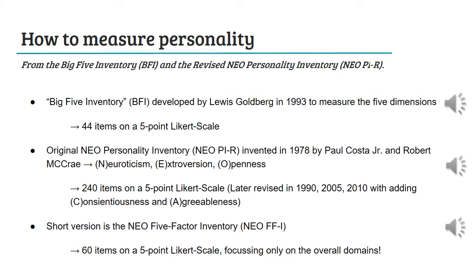How to measure personality: the Big Five Inventory, BFI, and the revised NEO Personality Inventory, short NEO-PI-R. After explaining the theory about the five-factor model, short FFM, the question appears how to make use of this theoretical framework. Therefore, it was Lewis Goldberg in 1993 who developed one of the still most used inventories to measure the five factors of an individual by using a self-evaluation test. The test is known as the Big Five Inventory, short BFI. It consists of 44 items based on a 5-point Likert scale.